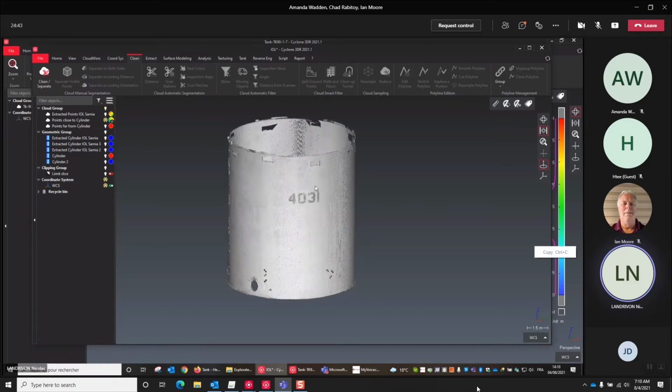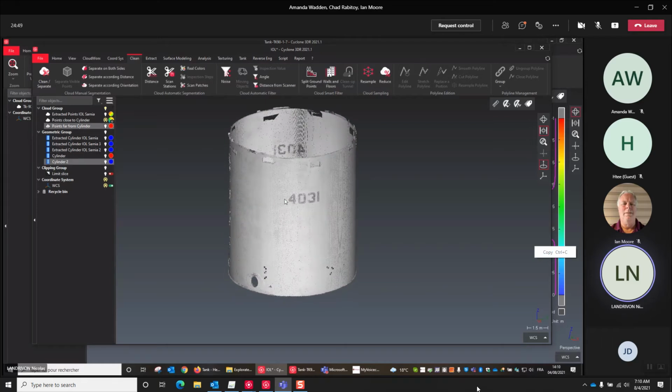That is not the case if you want, for instance, just to make an inspection directly from a cylinder, or for a previous tank that you want to compare with over time. It's possible to do that.